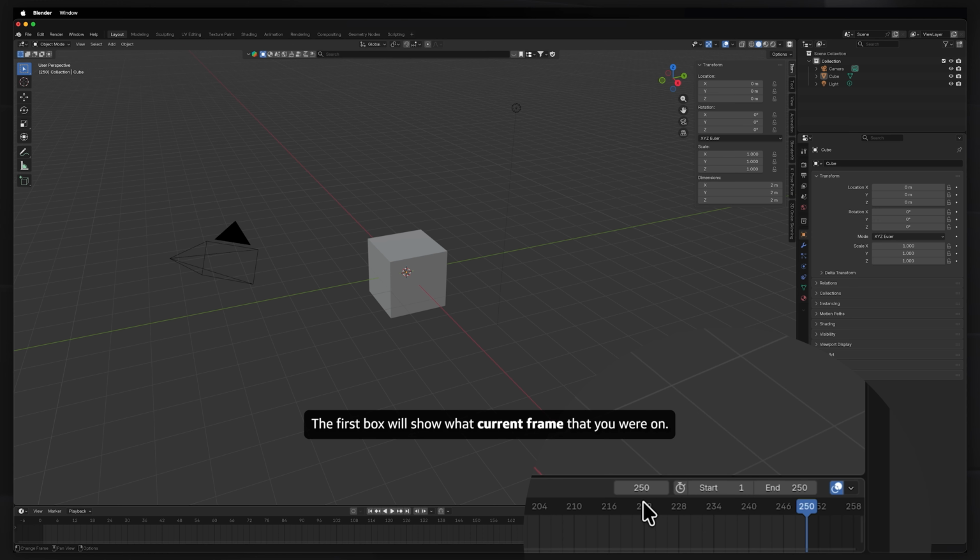The first box will show what current frame that you are on. You can click in this box and manually type in a frame you want to jump to. The start and end boxes allow you to enter in what you want your overall frame range to be. This will not only be the frame range for your playback, but the frame range that will actually render by